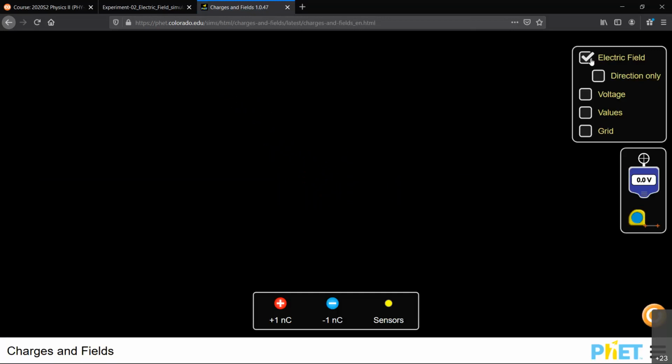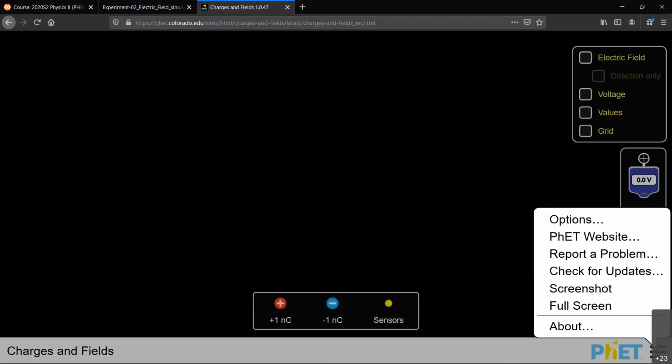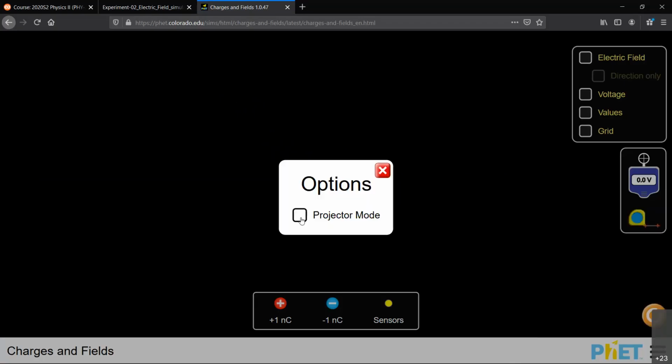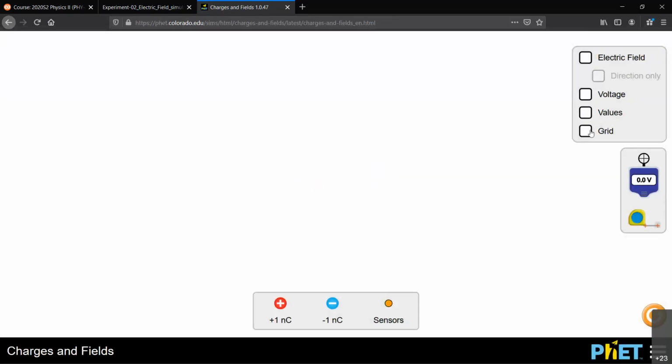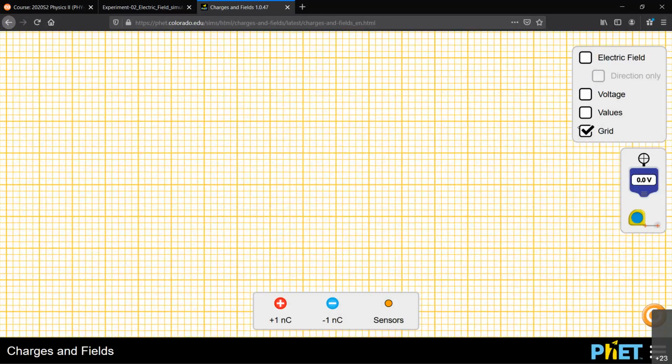Just unclick this electric field here. You can use the black background, it doesn't matter actually, but I would like to use the projector mode, because then I can see the grid and everything clearly. That is the graph page I mentioned earlier. If I do this in class, I'm going to put a graph sheet first, and then on top of that, I'm going to build the electrode. To build the electrode, if this is an in-class experiment, you need a battery and a small metal piece. By using that, I can build the electrode.